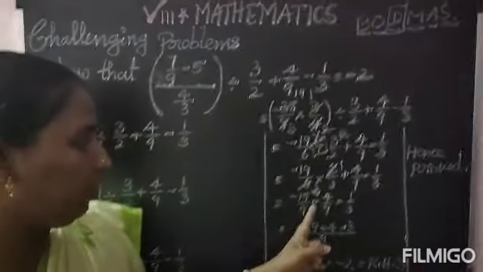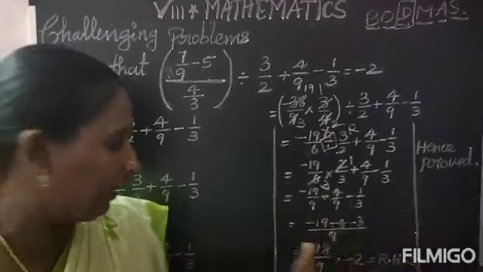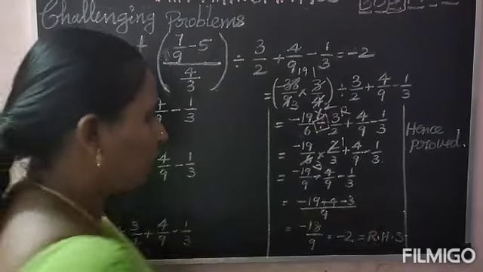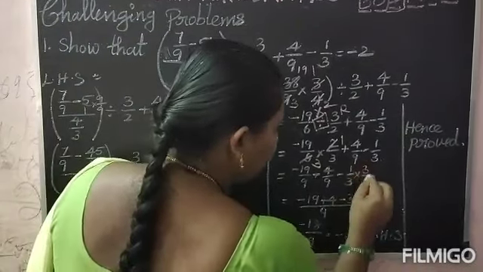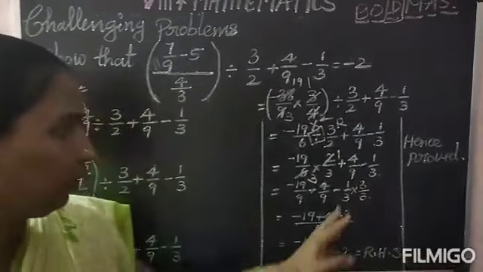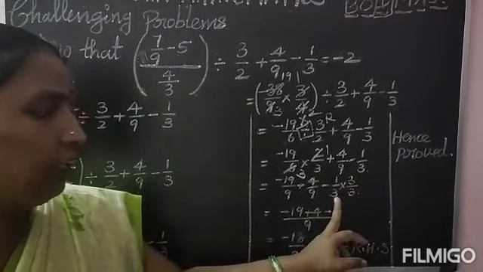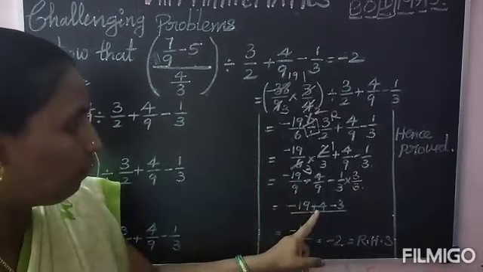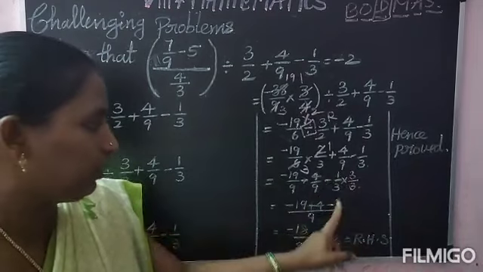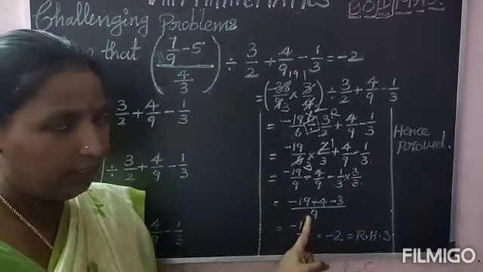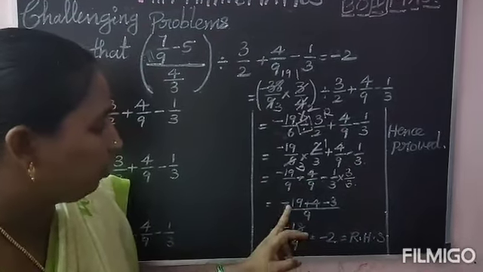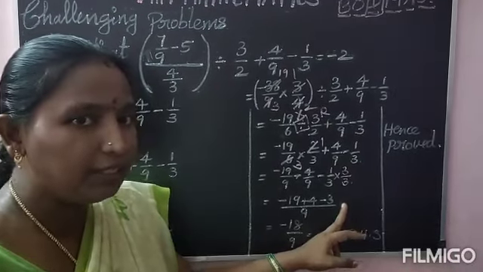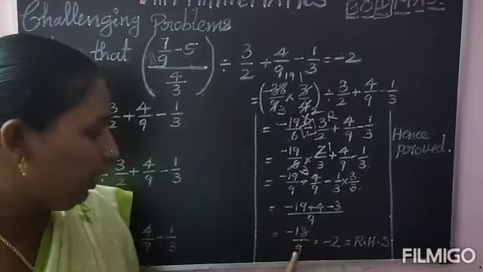Here, for the denominator, plus and minus, you can do directly. 9. Here the denominator is 3. So what do you have to do now? Multiply and divide with 3. So 3 1s are 3, and the denominator will become 9. So minus 19 plus 4, and here you have minus 3, divided by 9, which is the LCM. Okay, so minus 19 plus 4 you will get minus 15. Minus 15 minus 3 is minus 18, divided by 9.